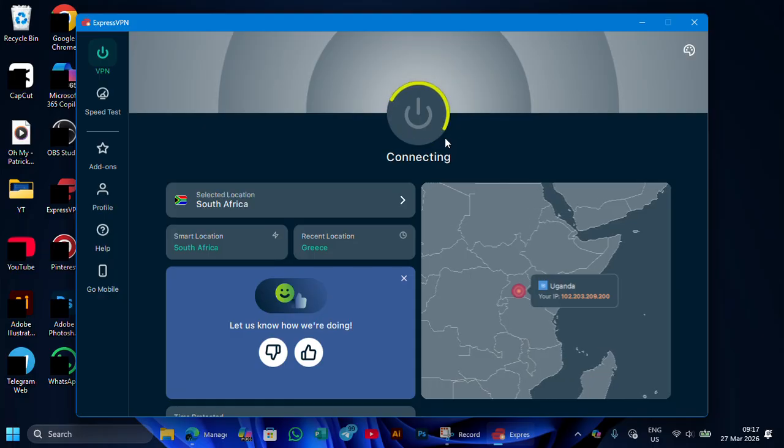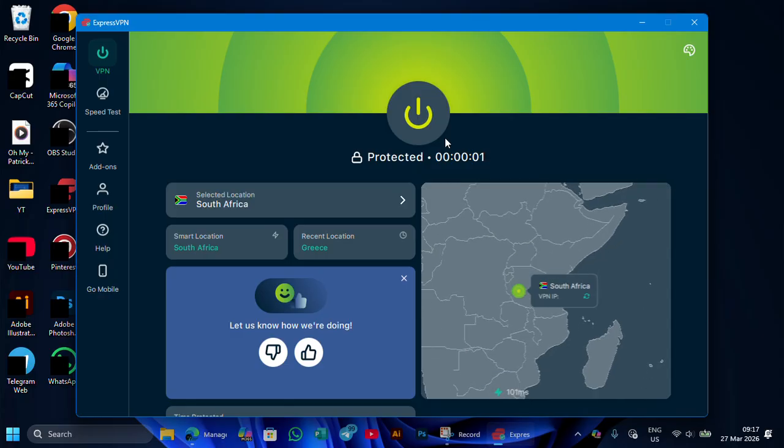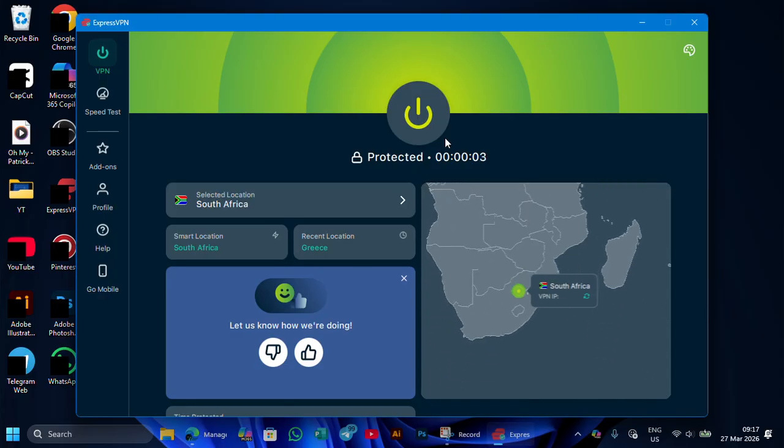Just give it a few seconds, and after giving it a few seconds, we're going to be seeing that your device is now protected. And after doing that, your device will be